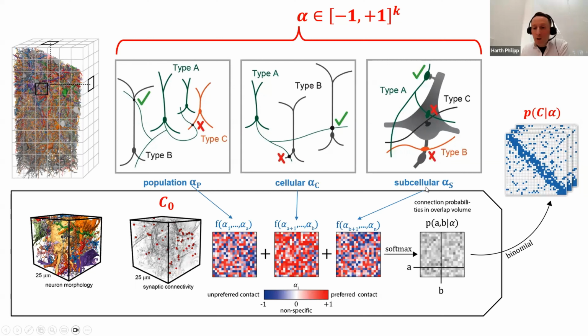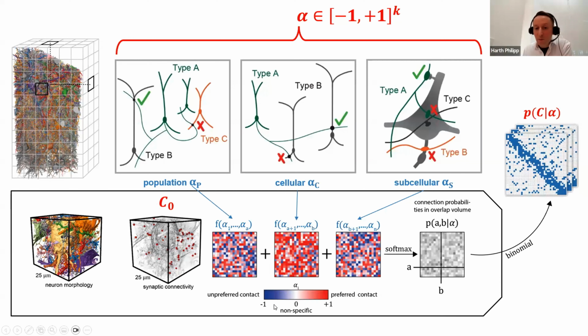And how this model currently operates, or how it's implemented, is that we iterate over all these little cubes in the volume. Within the cube, we have this neuron morphology from our dense reconstruction. We decompose it, removing the synapses but keeping the structural features, such as which cell types innervate this overlap volume, for example. And then the parameters in the model are